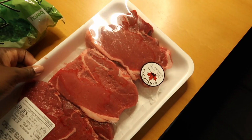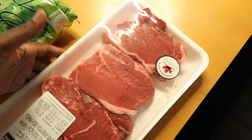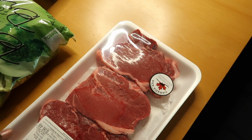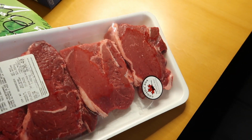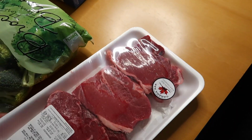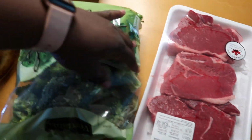Beginning with the meats, we did pick up these sirloin steaks. We tried these last week. I thought that the ones that had the bone in were my favorite, but these tasted absolutely delicious on the barbecue. So I requested them for my birthday as well. These babies are so thick, they will have to get cut because they're just huge. We're going to have it with